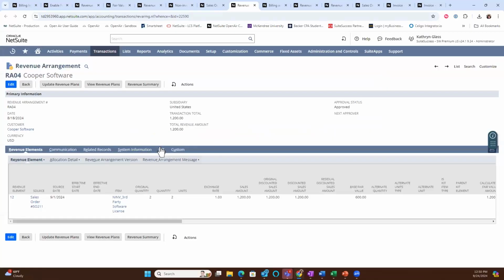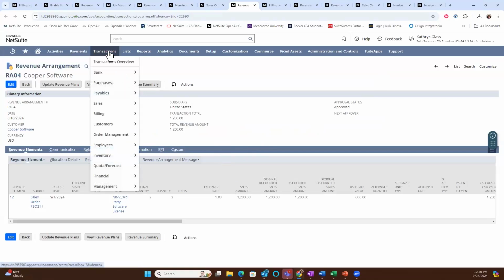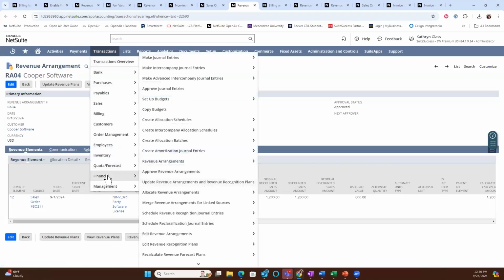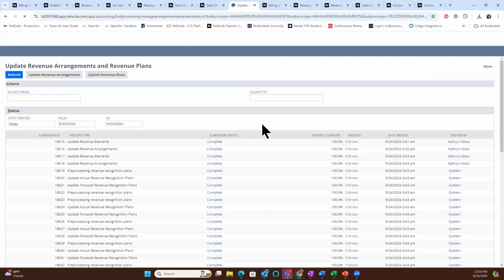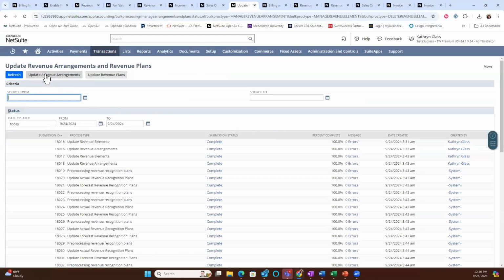All right. So part of what you do after your transaction cycle goes all the way through, each month, you're going to actually go into transactions, financial, and you can first go to this update revenue arrangements and recognition plans. It's basically what we did in the revenue arrangement piece as well, with that button. That's the first step. So what I always tell everybody to do is to go in order, update revenue arrangements,